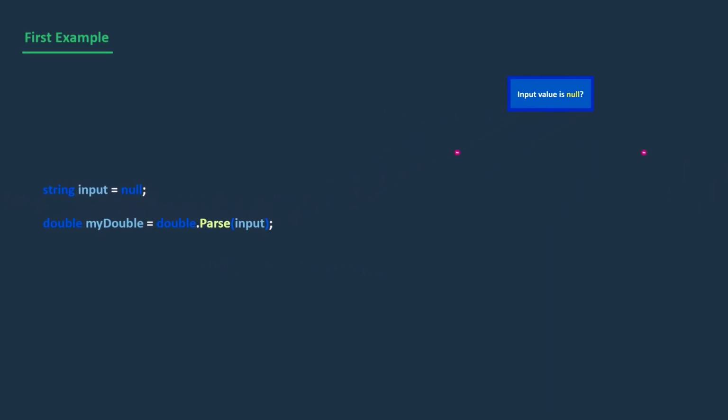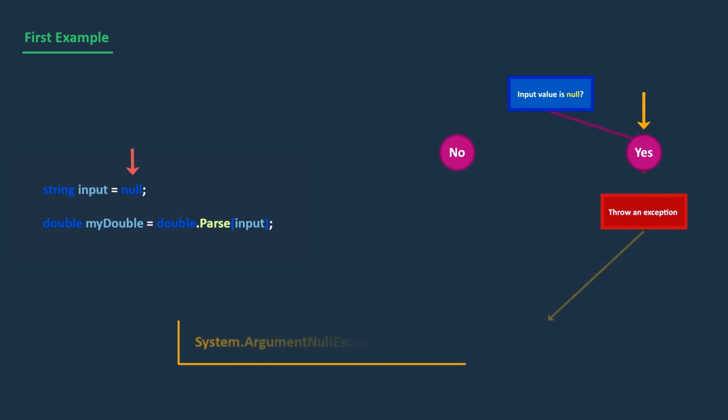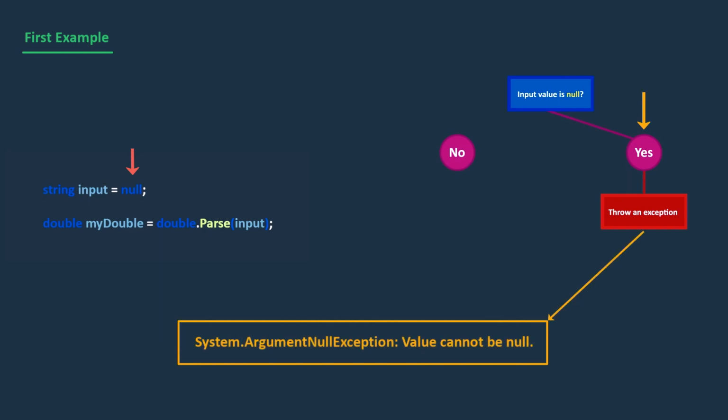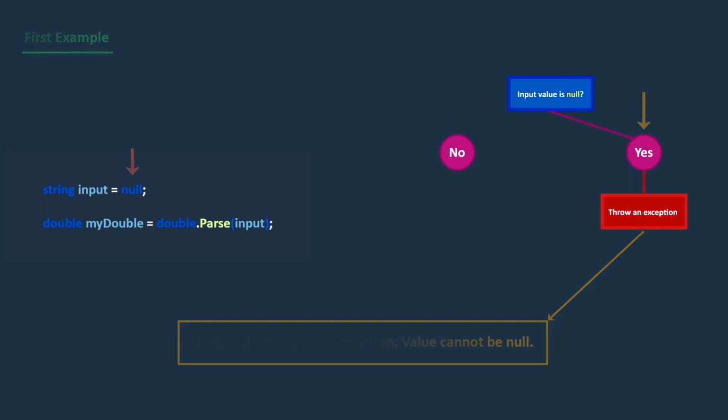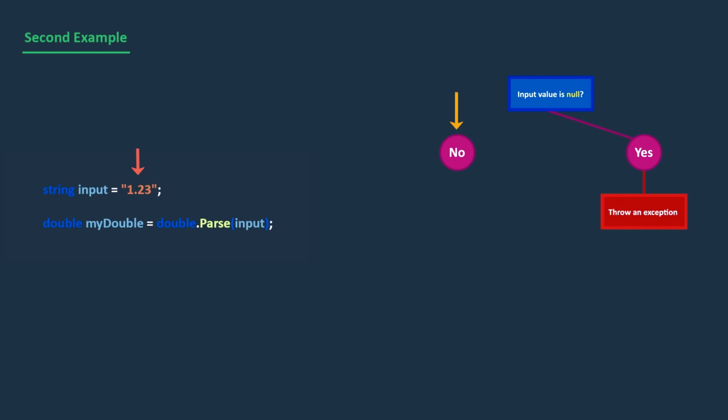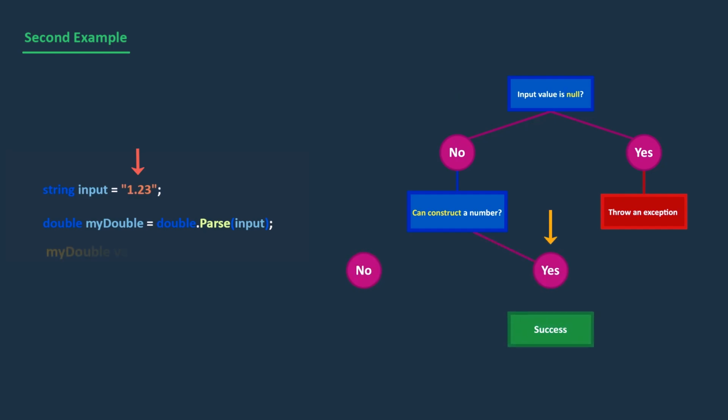Now, let's return to discussing the parse method. Alright, so if the input is null, the method will throw an exception with an error message indicating that null inputs are not allowed, and the application will be terminated. After confirming that the input is not null, the method goes through each character of the input to construct a valid floating point number. Ultimately, if the input string is successfully parsed into a floating point number, that value will be returned from the method.